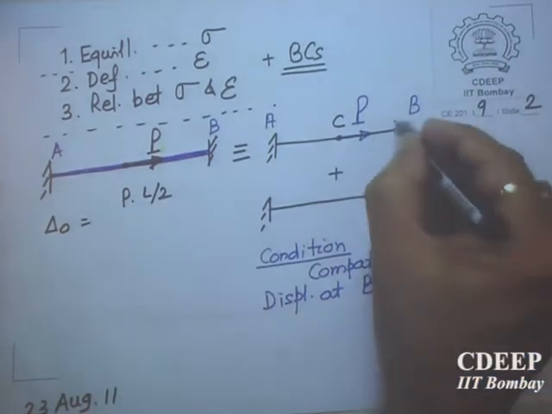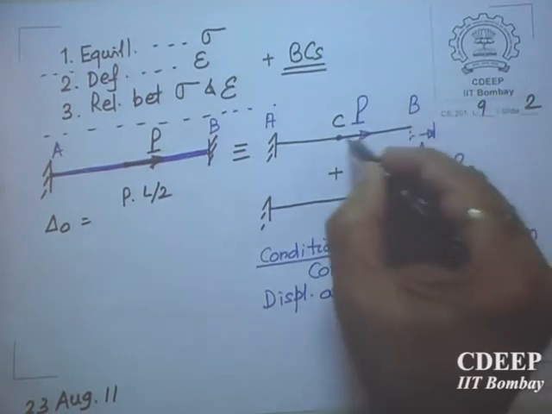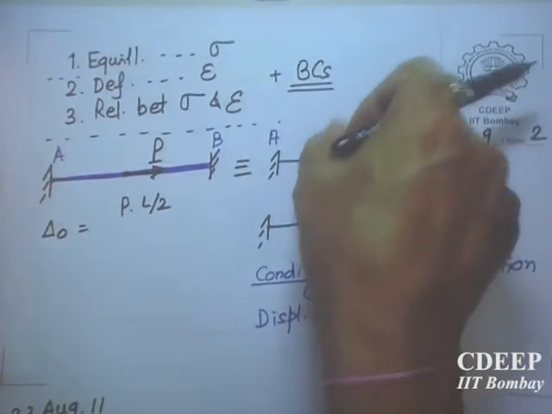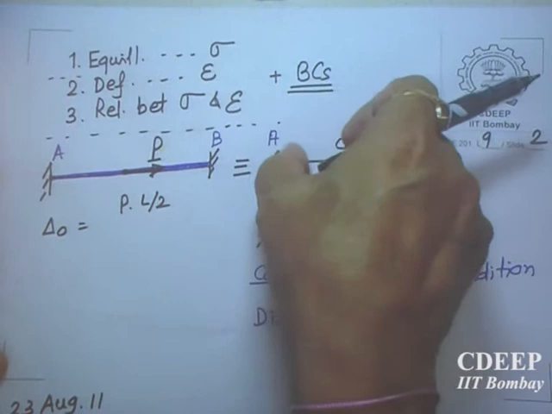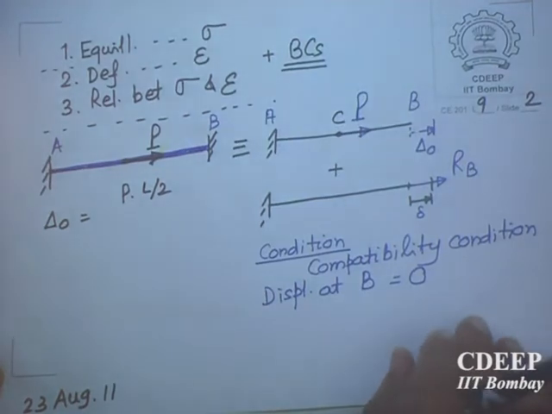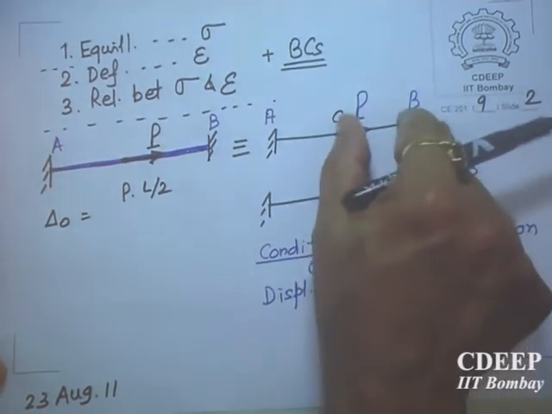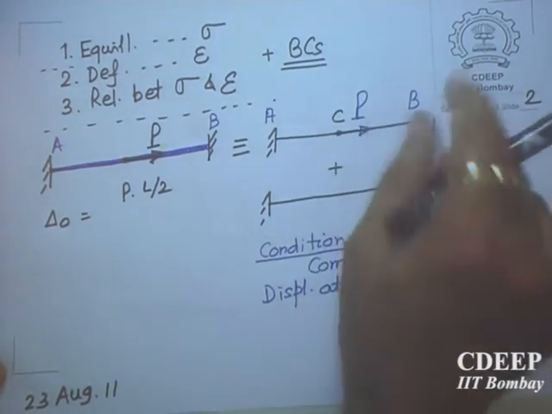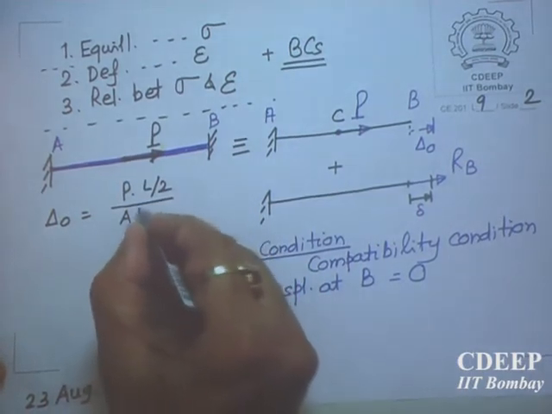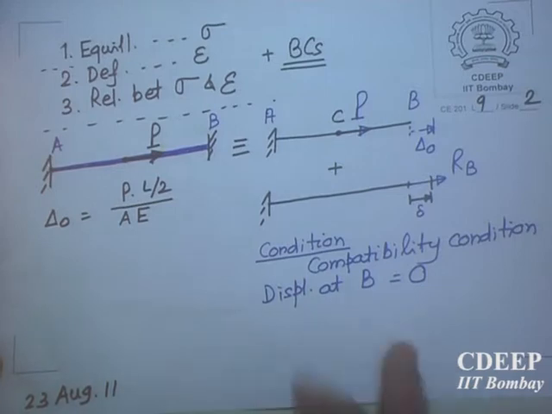If you take a free body diagram and cut it anywhere, will there be any force? So there is no stress. Between B and C there is no stress, there is no force. When I cut this here, I will get P, tension up to here. So from A to C, it is subjected to a constant load P. This portion will undergo displacement, and from here to here will simply move as a rigid body along with it. So delta naught will be equal to PL by area of cross section into modulus of elasticity. How much will be delta?